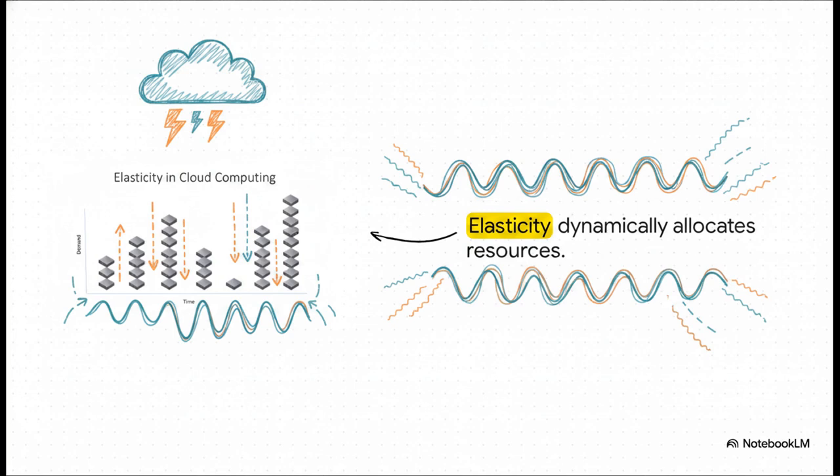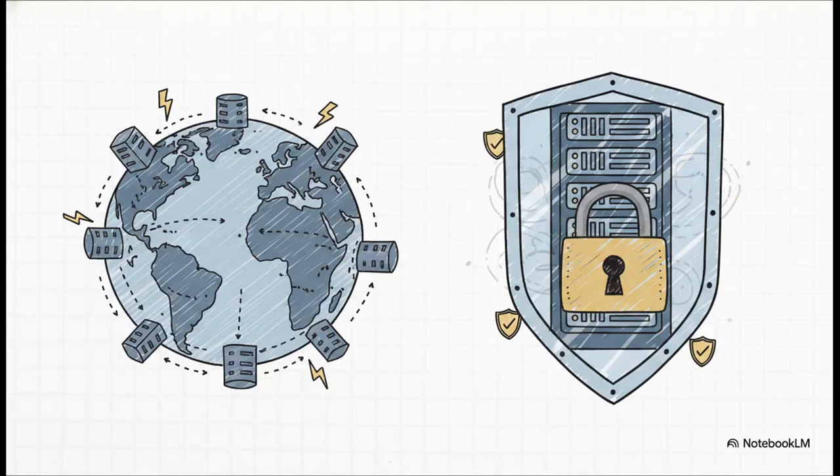As the workload spikes, new resources are provisioned on the fly. And the second that demand drops, those excess resources are instantly released. This is the real magic of the cloud. It ensures you're perfectly optimizing your resource utilization, meaning you are never overpaying when traffic is low. That brings us to our final 2 pillars, reliability and security.